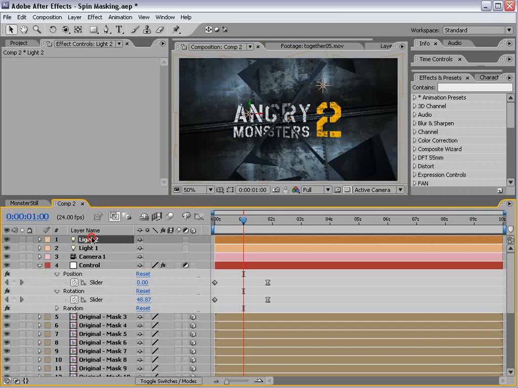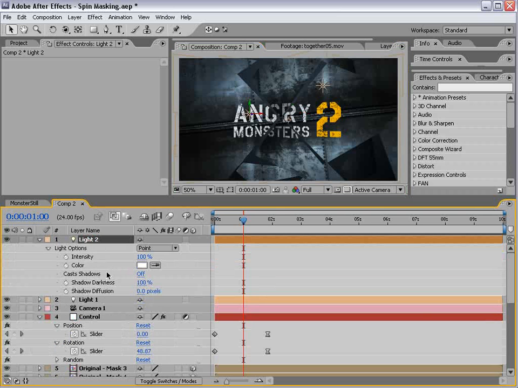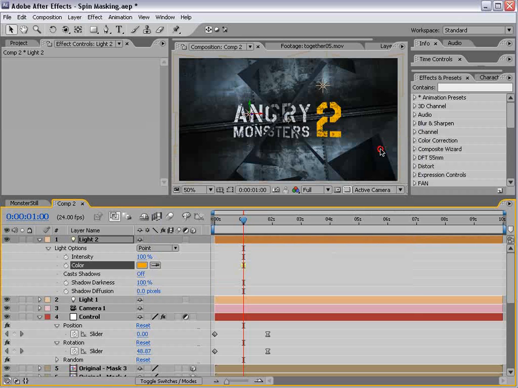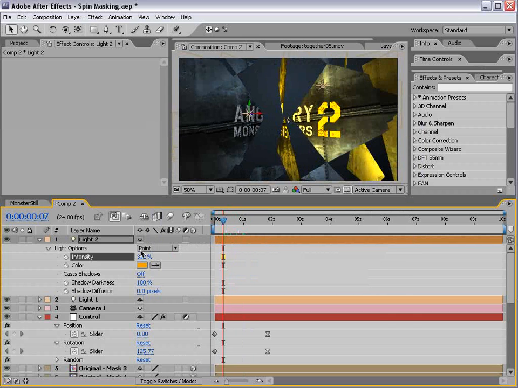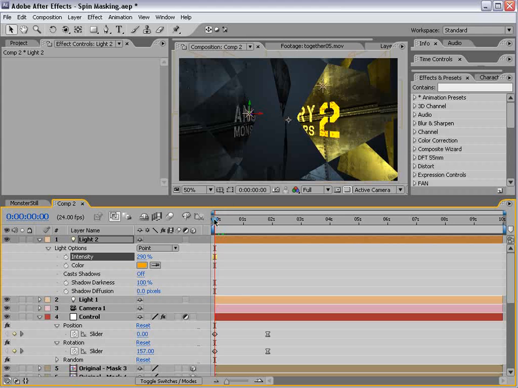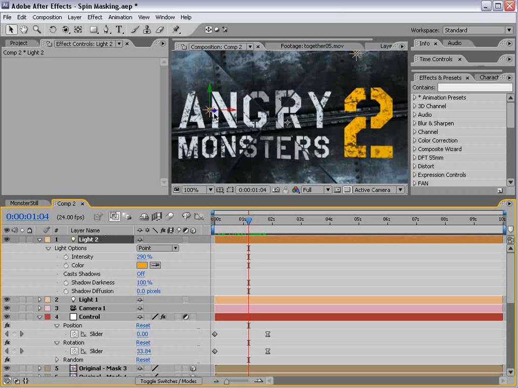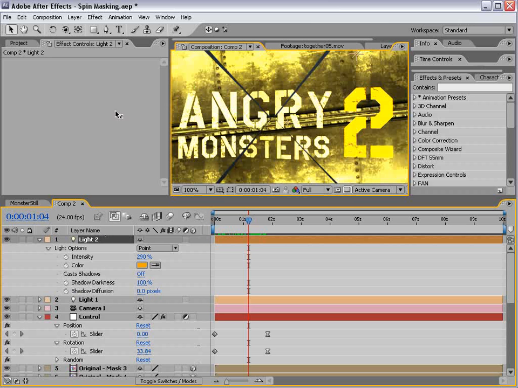And we're going to go ahead and hit AA. Brings up the controls for 3D layers or lights. And we're going to make it an orange color. And we'll turn it up really bright. So you can see the orange is bleeding in on these layers that are facing that direction. And the good thing about that is it adds depth so that when they close down, you no longer see it. But if we adjust the position of this light just right,